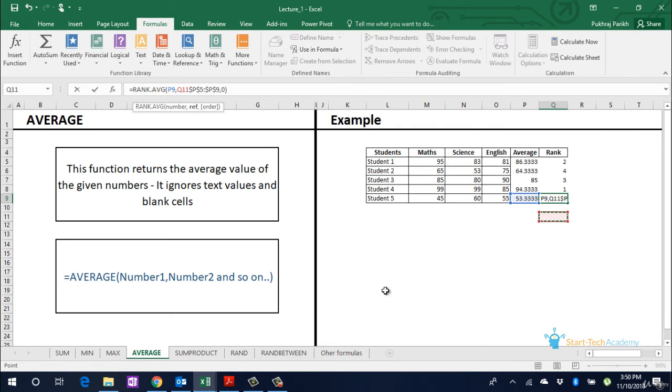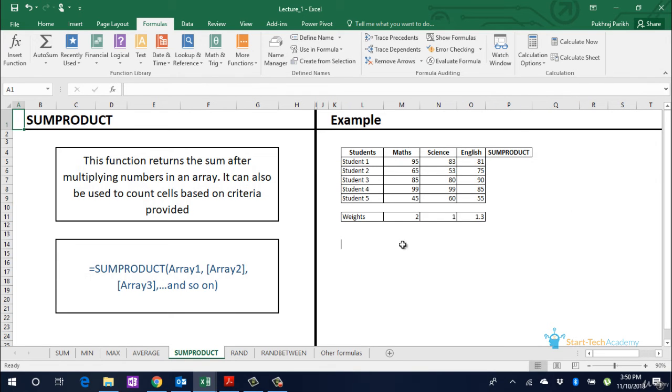Next we move to the sum product formula. In this formula we input 2 or more arrays and it returns the sum of products of individual elements of these arrays. For example, if we want to assign weightage to the marks of Math, Science and English of these students before calculating their ranks, we go to the P5 cell and type =SUMPRODUCT.